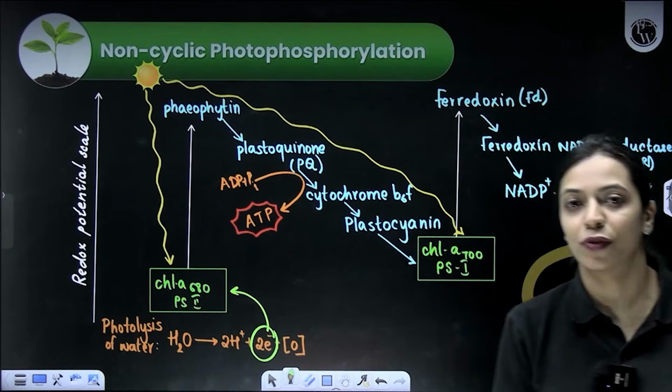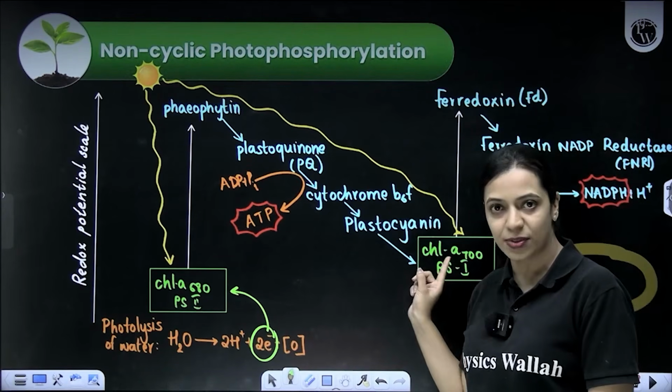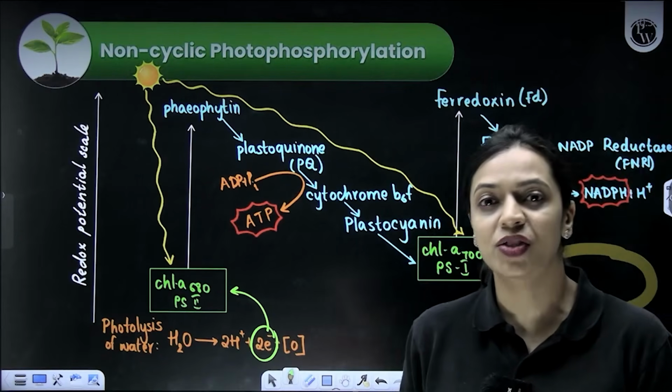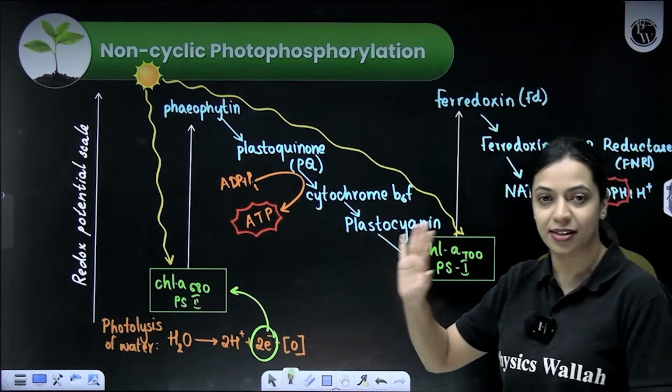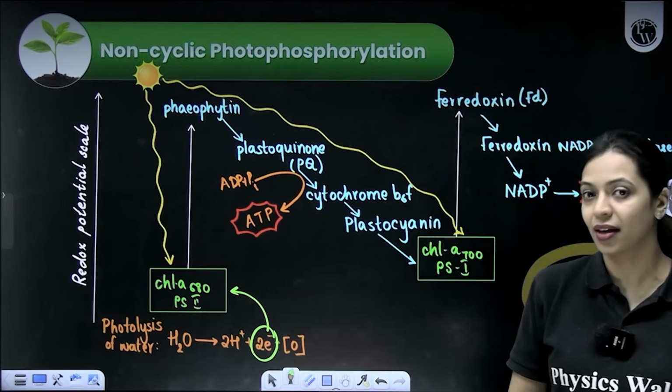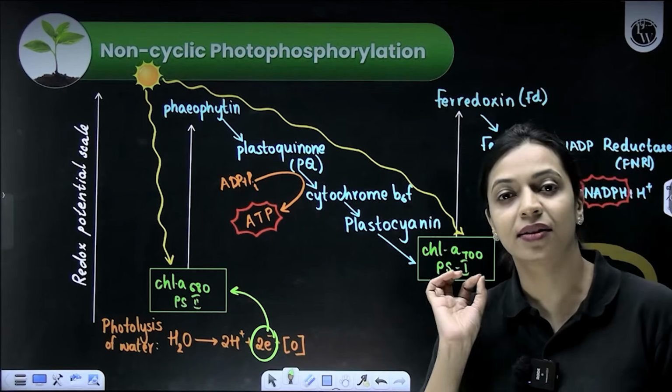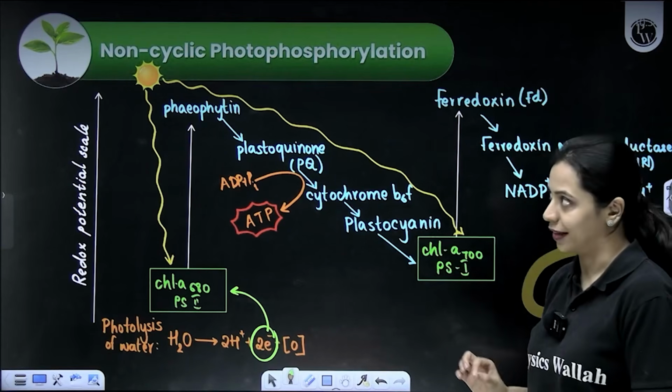In non-cyclic photophosphorylation, both of the photosystems are involved, which means that this has to happen in the grana lamellae only, because in the stroma lamellae, PS2 does not exist. In stroma lamellae, only PS1 is there. So the location for non-cyclic photophosphorylation is the grana lamellae. And another thing,